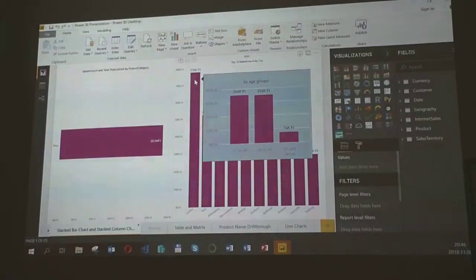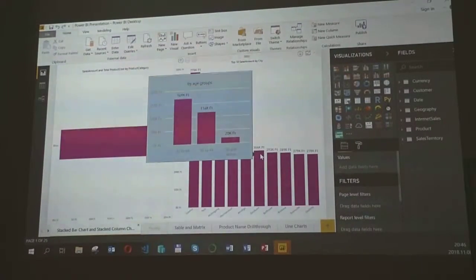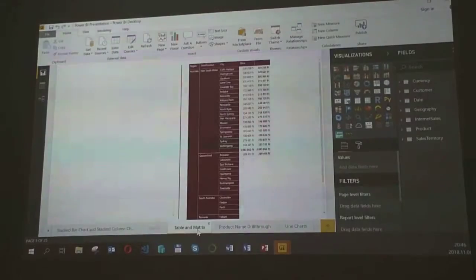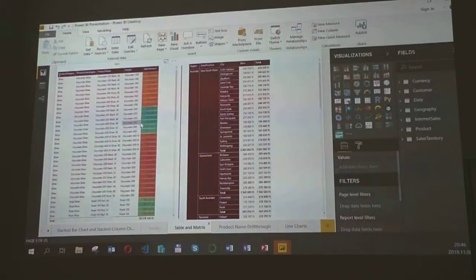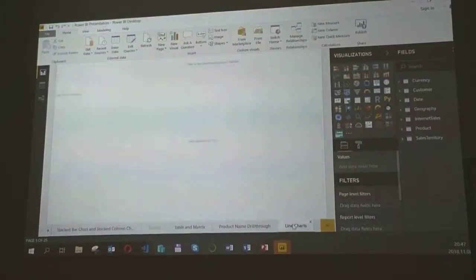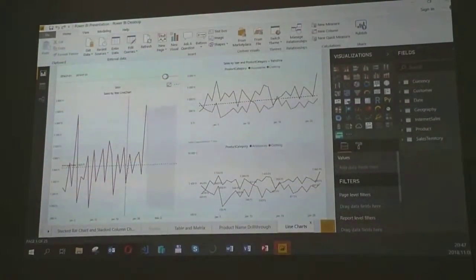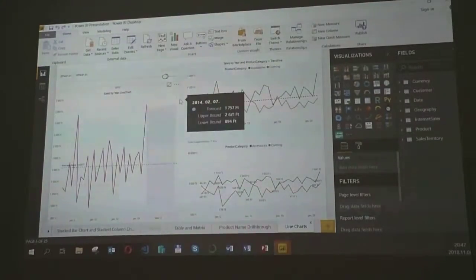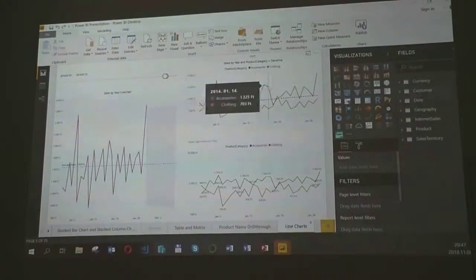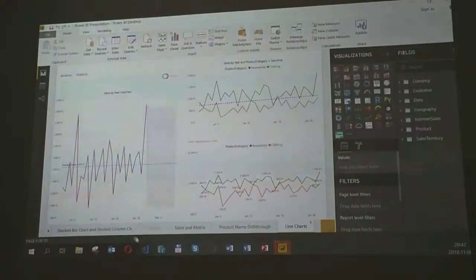It's called report page tooltip. Okay, and it has table and matrix visuals, and you can drill up and down from hierarchies like year, month and day. Basic line chart with logarithmic axes and trend lines and an average line.